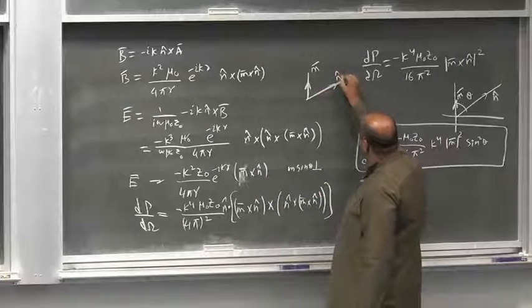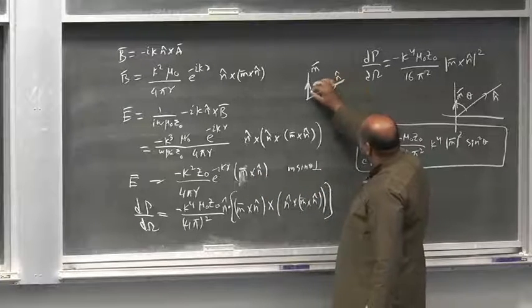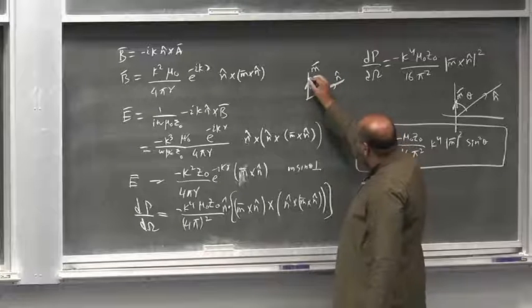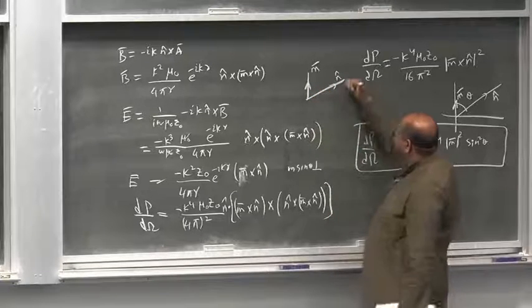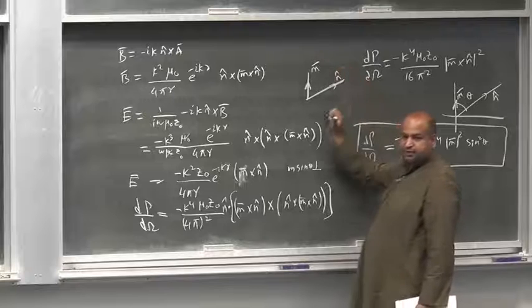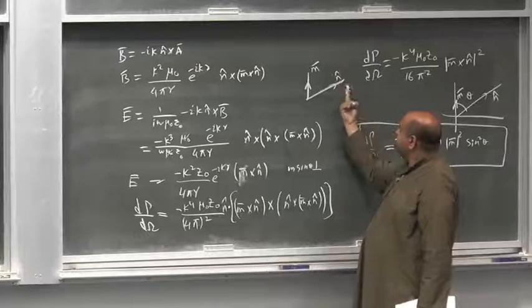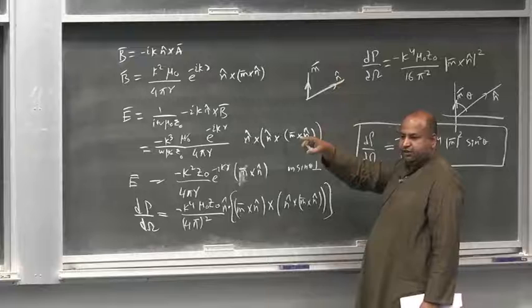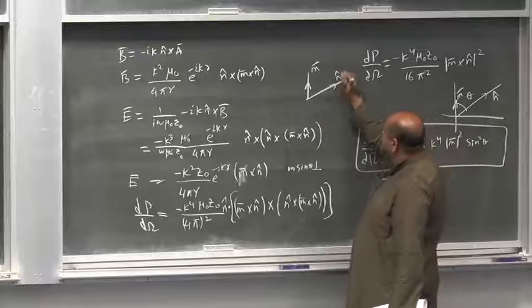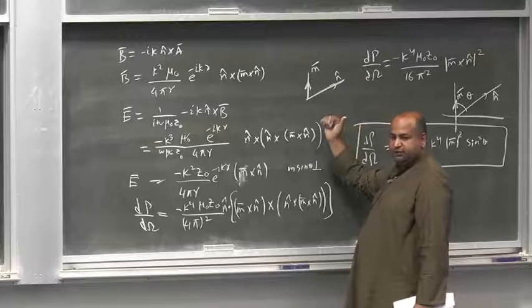So ये अगर n है तो इसके cross product ये direction है, तो ये आपका अगर magnetic dipole पड़ा है तो electric field है वो इस direction में, इस plane में, electric dipole का electric field इस plane में था। Magnetic dipole का electric field जो है वो इस perpendicular plane में।